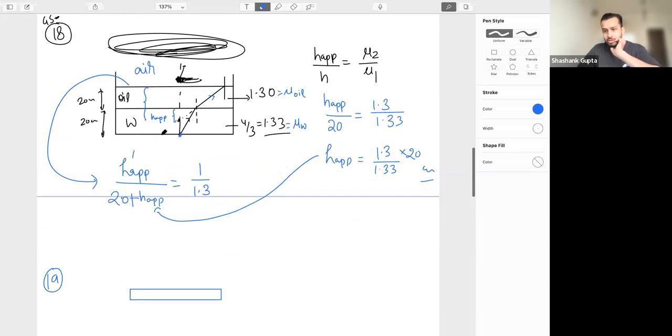Why had you drawn that ray? This ray was just to make you feel good, there is no need for that. Initially, the ray is going from water to oil. Water is denser, oil is rarer, so the ray is going away from the normal. It was just to show you what H apparent is. We just have to add the shift of water and oil. That's why we added 20 here. This first H apparent is coming from the interface of water and oil. Now we have to shift it to the oil to air interface, so from the oil to air interface it is 20 plus H apparent.